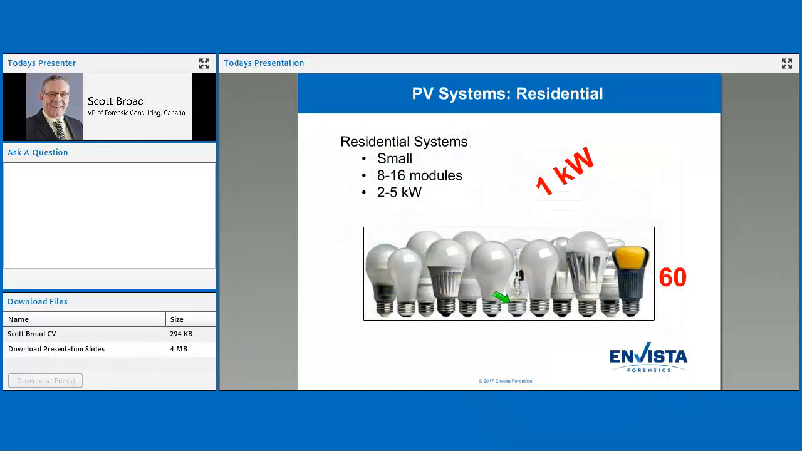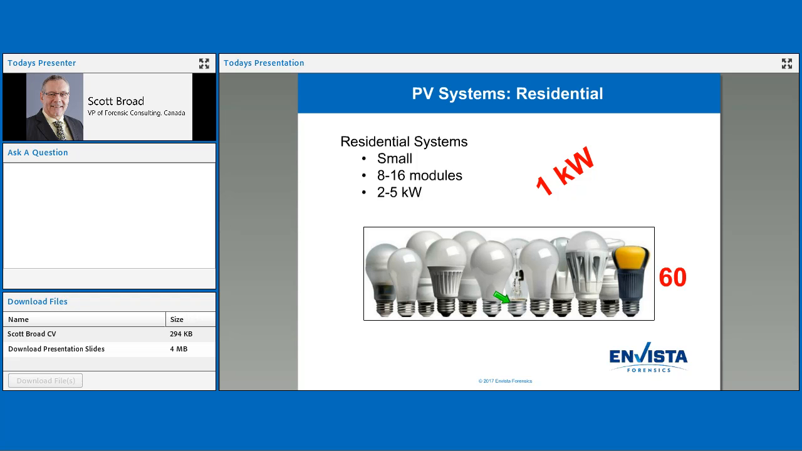So I want to talk a little bit about what we talk about. I know I'm using these terms like kilowatts and megawatts and gigawatts. To put it into perspective, a residential system that you saw earlier, which is 8 to 10 modules, sometimes you see 8 to 16 modules, at its best day might generate 2, maybe 5 kilowatts of power. So to put that into perspective of how much power that actually is,